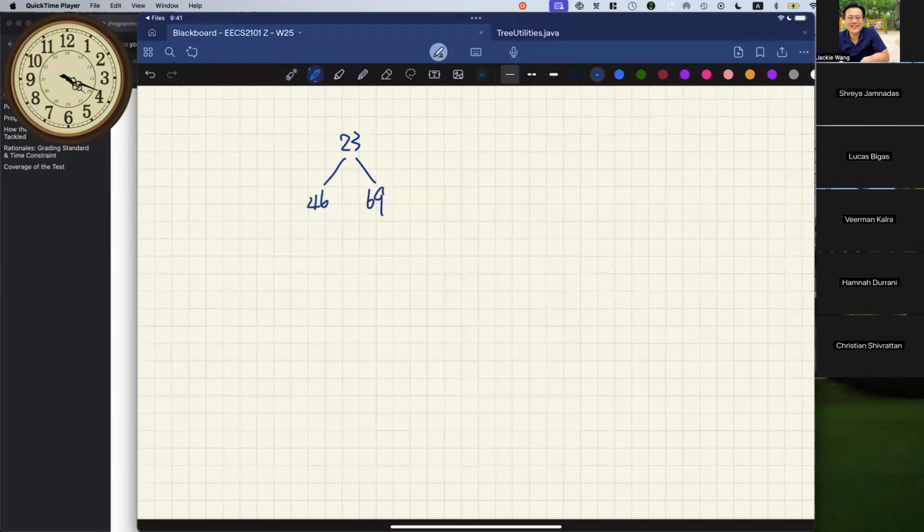All right. So first of all, let's start with the 23. It should be stored in a tree node. So this is a tree node, which will store some integer. And then you got element over here. Oh, let me put parent first. How about that? So the parent pointer over here is going to point to null. It's a root. And then the element here is going to be 23.